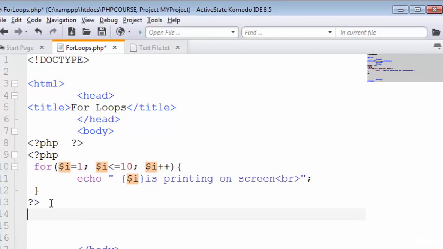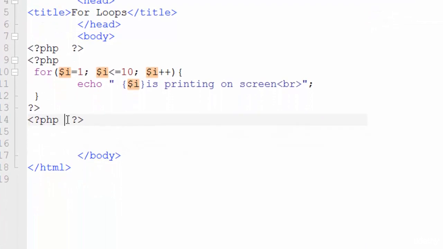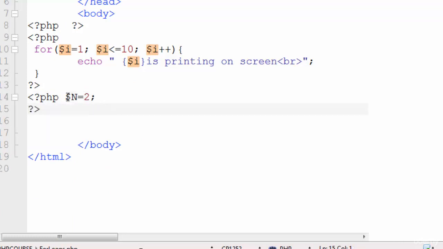Now you can play and work with the for loop as you want. So now let's create the table of 2 by using a for loop. So first we need to define one number for which we want to get the table. So I defined this number as n and I'm going to give it the value of 2. And now let's define our for loop here.